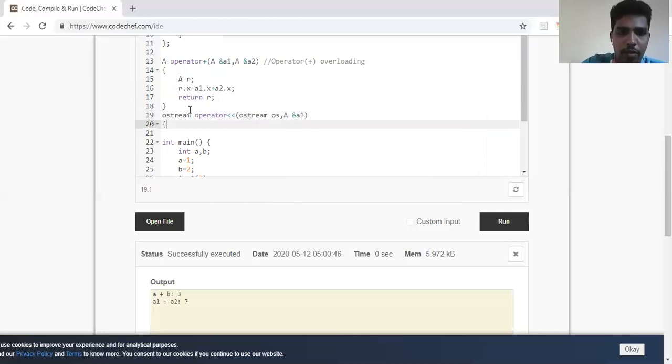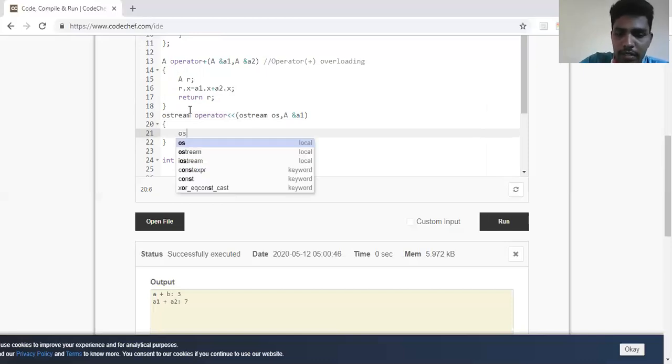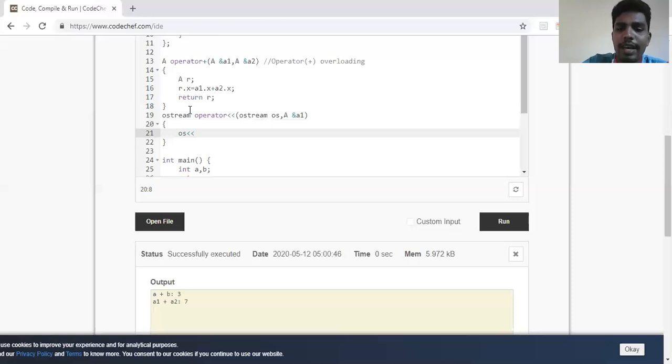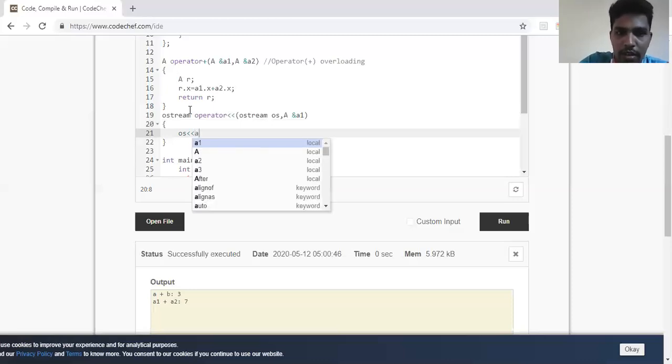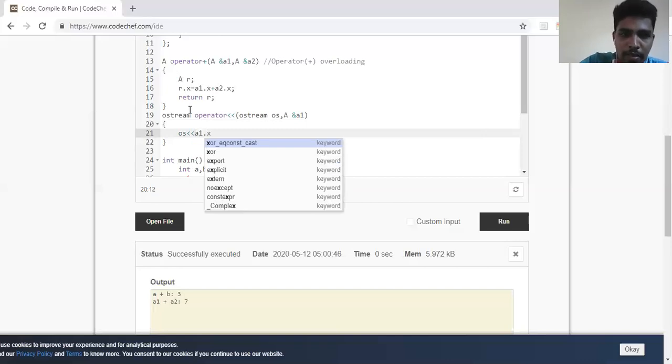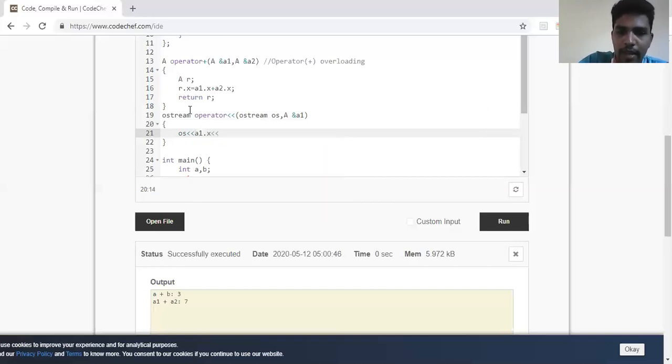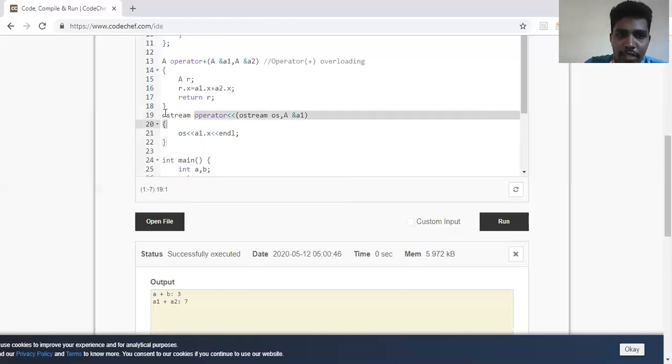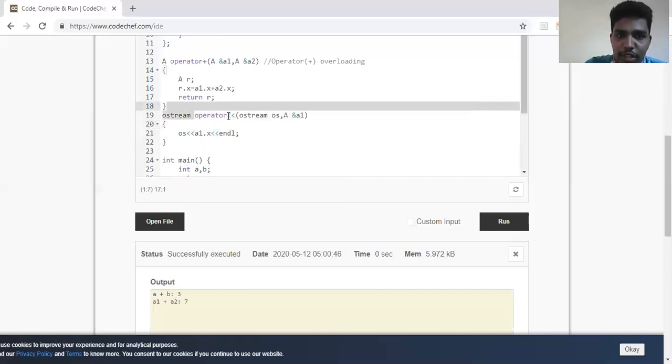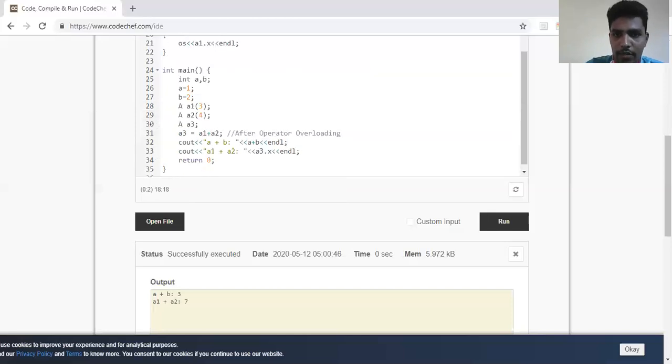Okay. So here I'll be writing os, and then I should be printing its x. So I'll be just writing a1.x and then endl. ostream is actually a class which has defined the insertion operator. Fine. So let me run this particular code.